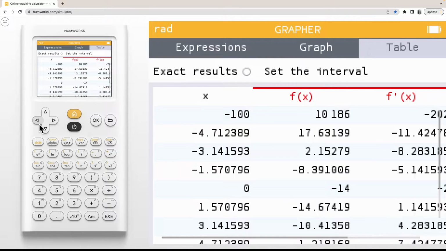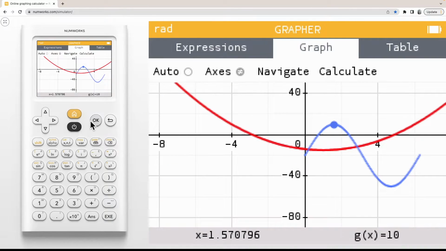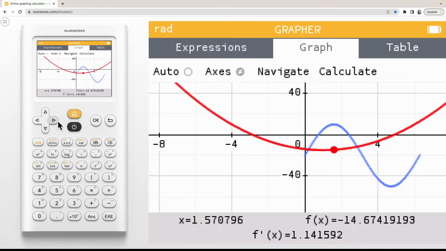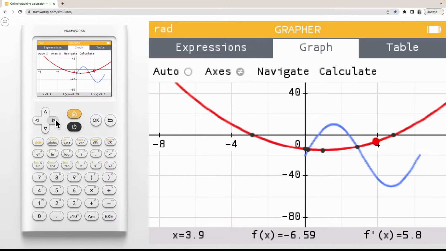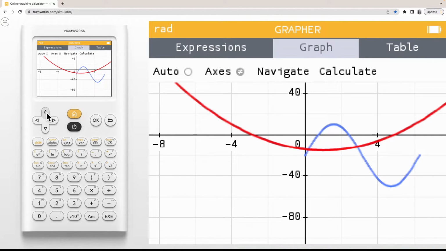And then, because I've toggled on my derivative, in my graph tab, if I am tracing my quadratic function, you'll notice the bottom banner will also include the value of the derivative. All right, let's head back to our expression tab and take a look at some of the other things that